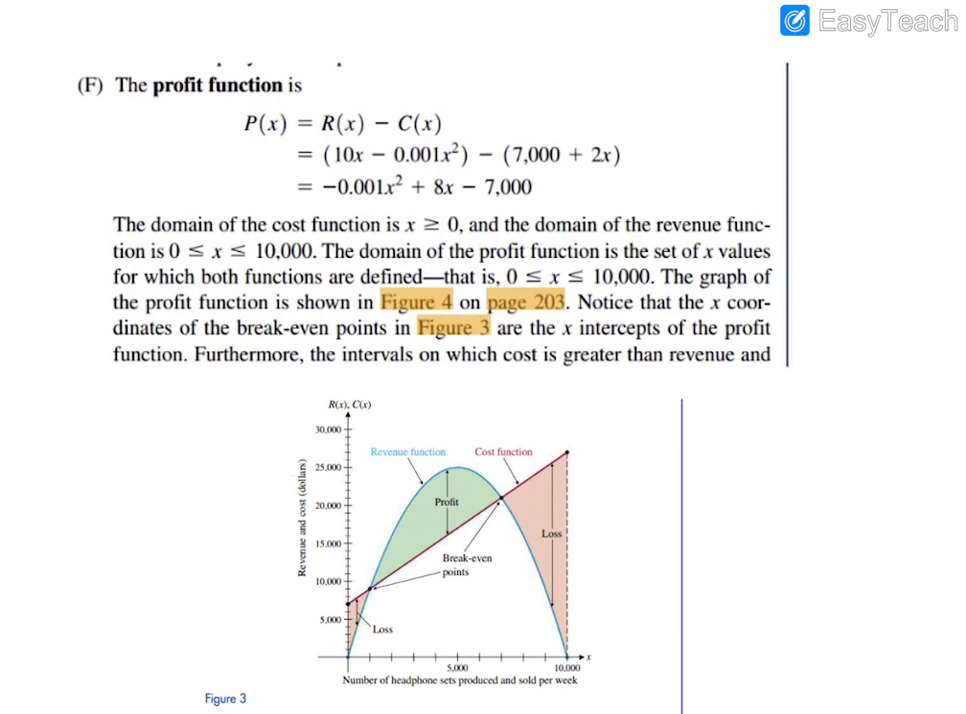Why it happened, I don't know, but I don't like the situation. So anyway, for this point, for example, between 4,000 and 5,000, this is the cost function, cost value, and that is the revenue value. So revenue is bigger than that one. So here, revenue is bigger than cost between the